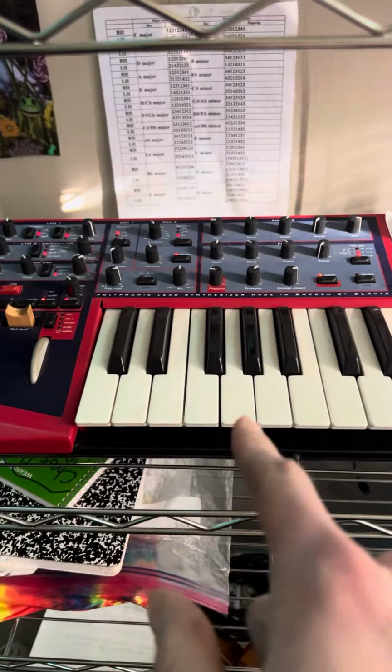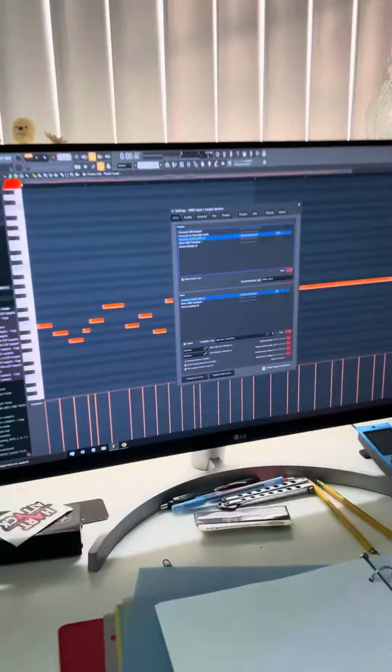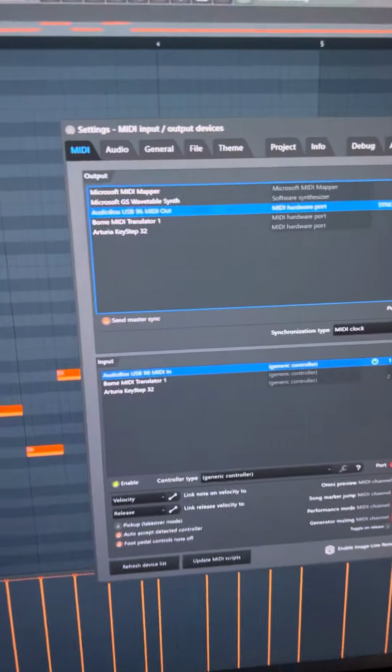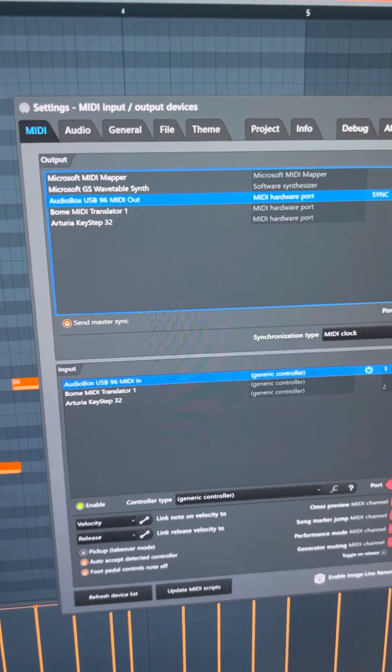So we got the Nord Lead here. I synchronized the Nord Lead and hooked up the keyboard to FL Studio. So as you can see here, I'm using my audio interface. I hooked up the back of the MIDI channels, running the ins and outs from my audio interface